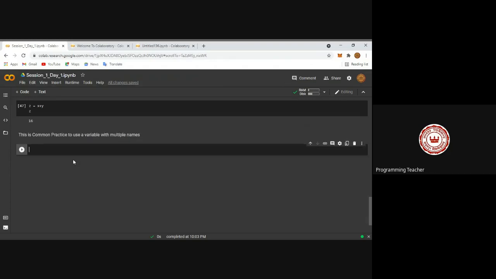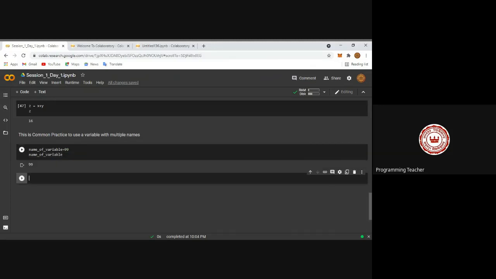Example, name of a variable equal to 99. So name of variable, that is 99. So like this way, instead of XYZ, you can use line number 48 also.